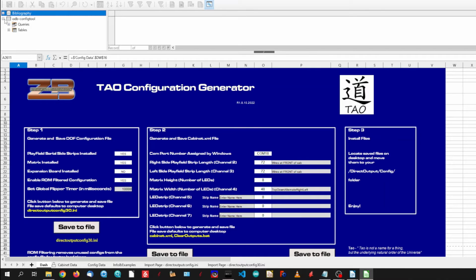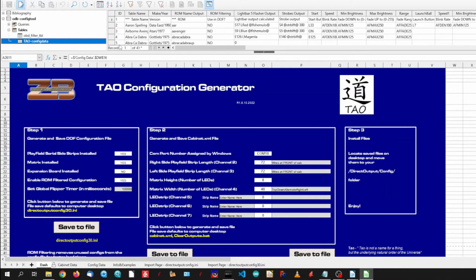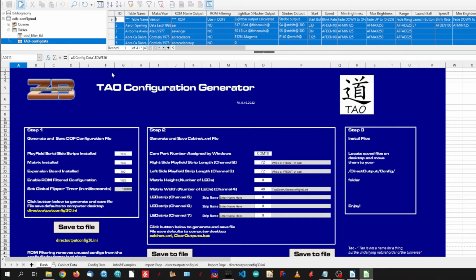Now we want to open our table, which is the ODB config tool table, and we want to open the TAO config data table. We want to select everything that we have there, and we want to come down to config data